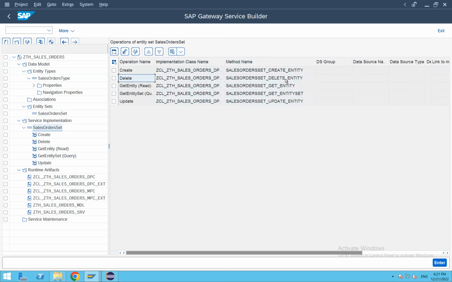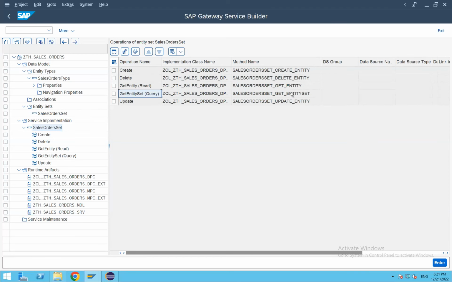Delete protocol is going to be delete entity, get entity, read operation, get entity set, query, and update is going to be update entity. So now this clears off the confusion in our mind about what kind of operation we are going to implement on our OData service. So as we discussed on this particular OData service, as a step one, what we are